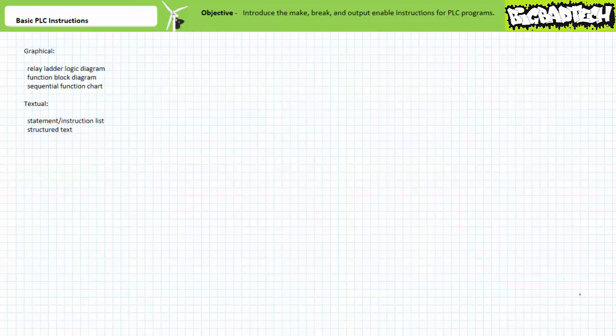Our objective is to define the make, break, and output enable instructions common in most PLCs, as well as differentiate between electrical continuity as required by traditional hardwire relay-based ladder logic and logical continuity as required by most PLCs. Pay attention to this lecture, as it establishes fundamental ground rules about common PLC program instructions that, if misinterpreted, can